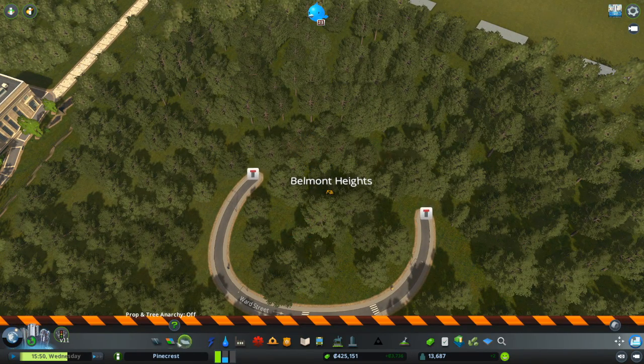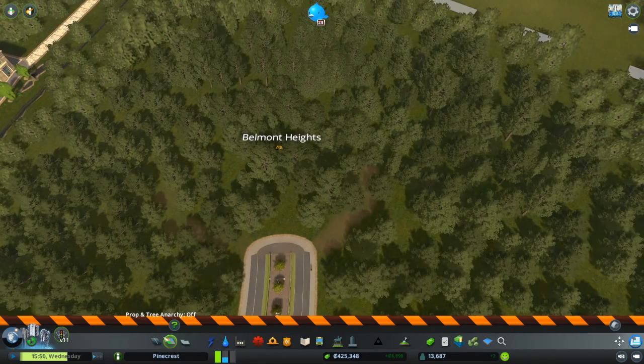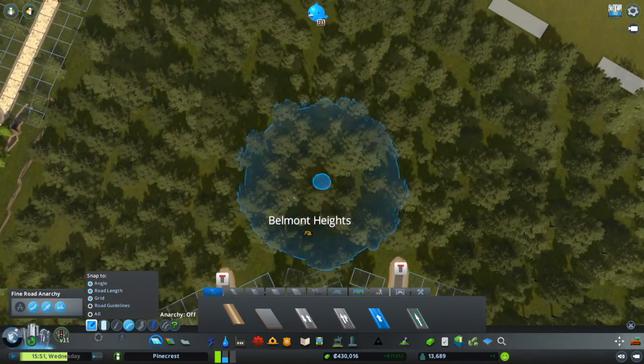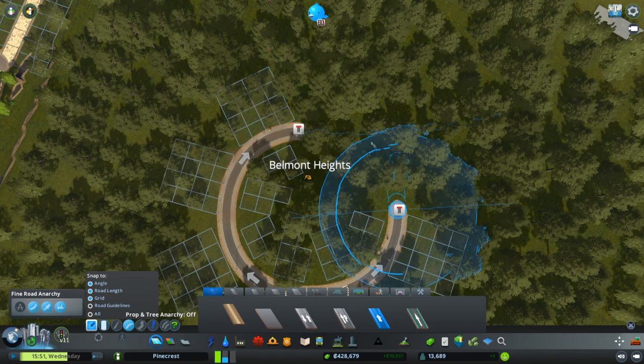Actually, let's try, hold on, let me try something else. Let's turn off road guidelines. And I'm going to use the curve tool because I think I want to try and make it a little bit straighter on the end here. So we'll do that, and we'll go up and in and up